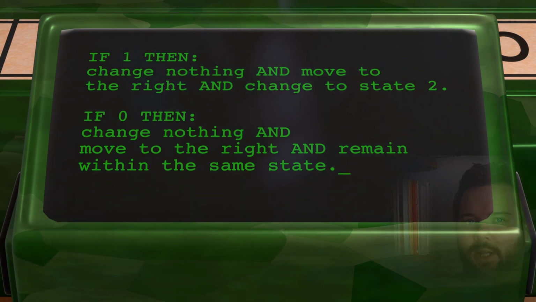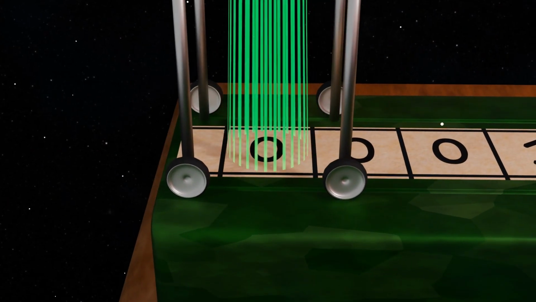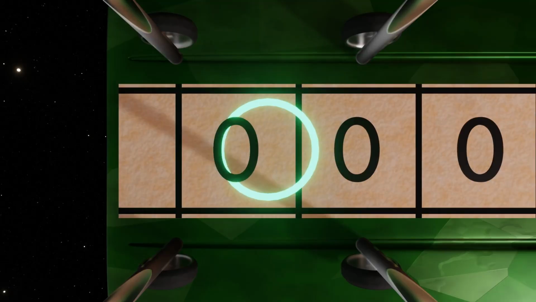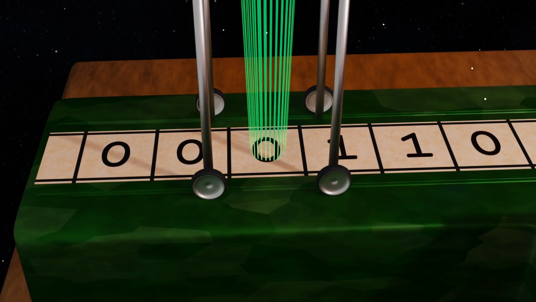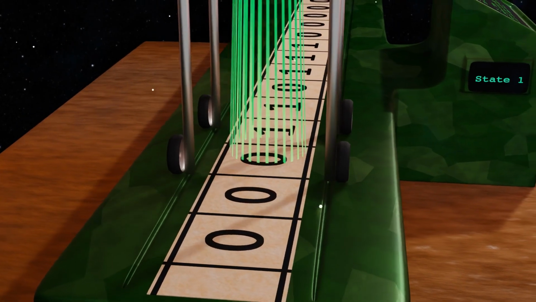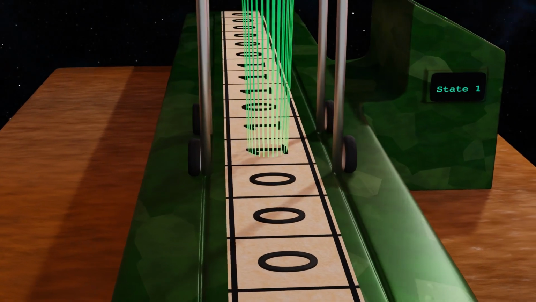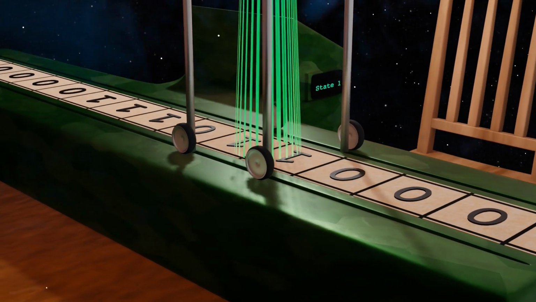within the first state. So in the first couple of squares, the head only reads 0s, which causes the head to continue to the right and neither change the symbol nor the state. But here it interprets a 1, which causes the machine to not only continue to the right, but also swap